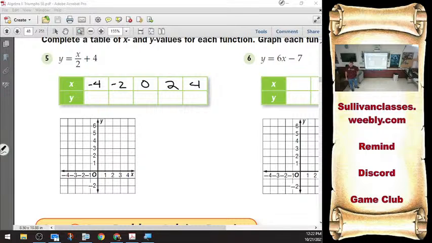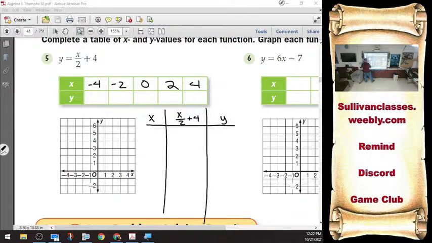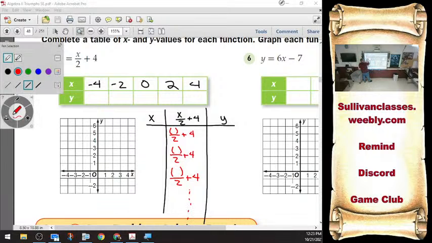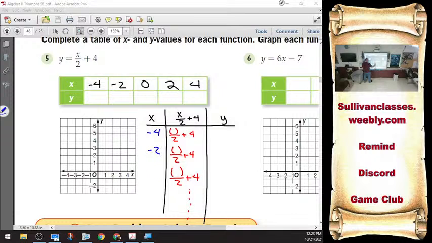Now you can do this by mental math. You can do this written out in a table. You can press buttons on a calculator. I don't care what you do. We're going to have x. We're going to have x over 2 plus 4, and we're going to have y. And if I plug in, here we go, something over 2 plus 4, something over 2 plus 4, on and on and on, if I'm plugging in the numbers negative 4, negative 2, 0, 2, 4, and on, well, stick a